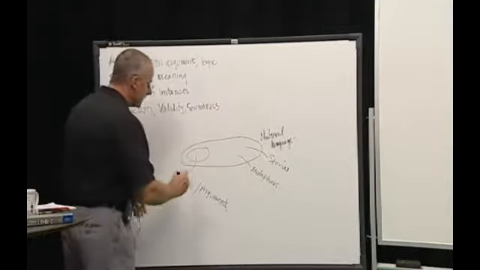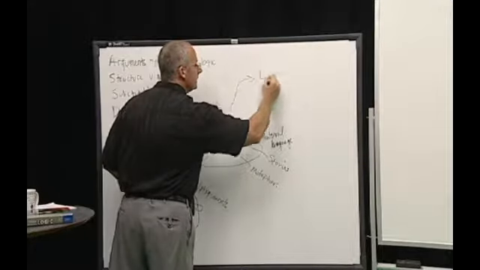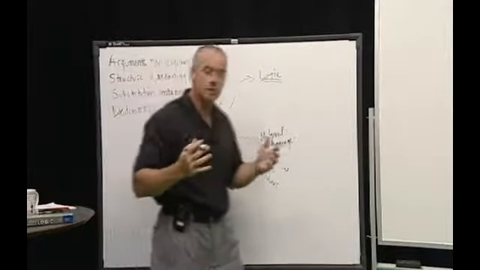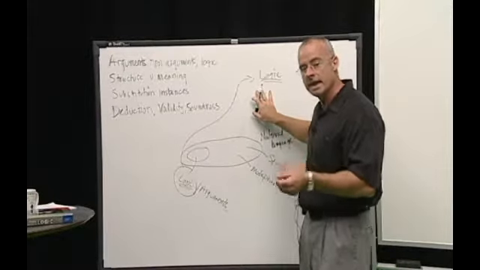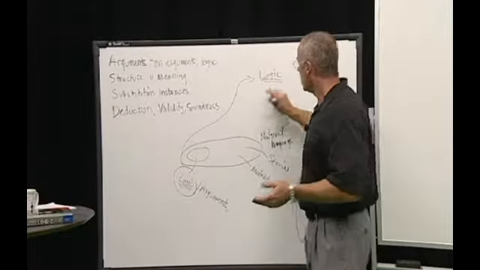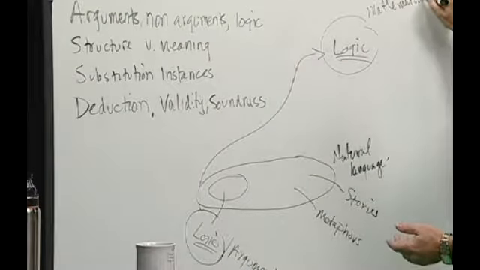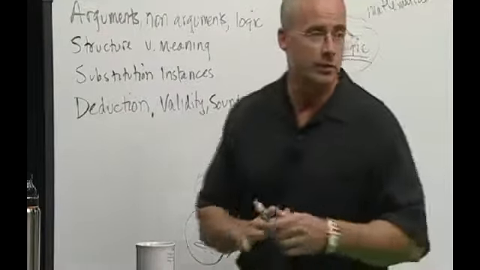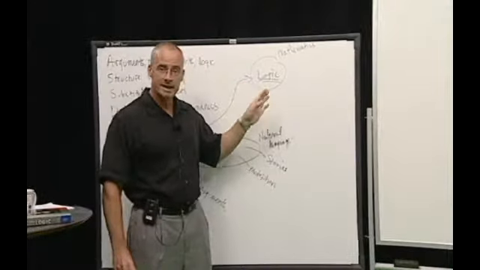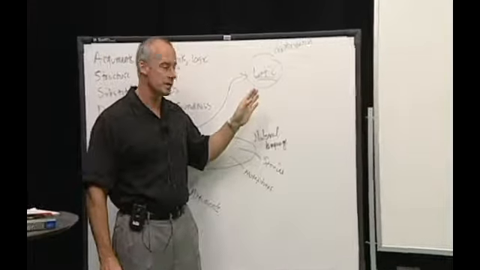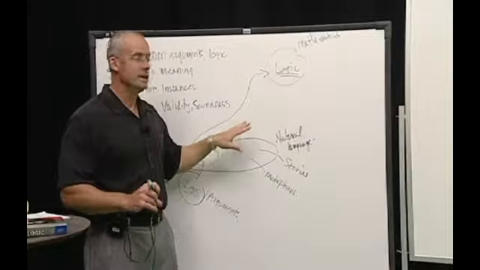Well, the study of logic really takes the structure of justification, and I'll illustrate what that means in just a second. But it takes the structure of justification, the essence of an argument, and it deals with it in the abstract. Logic really is a branch of mathematics. Now, that can be good news or it can be bad news, depending on whether or not you like mathematics. It's very precise, it's very clean. There is a right answer, there is a wrong answer when we're dealing with deductive arguments. We lose that precision and clarity when we're down here dealing with natural language.